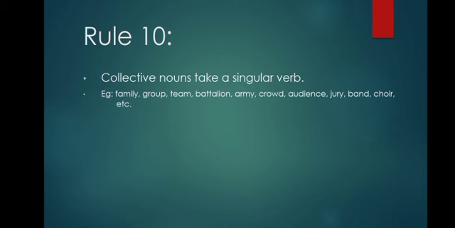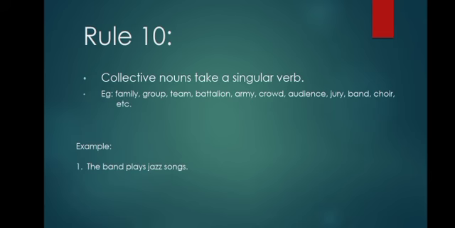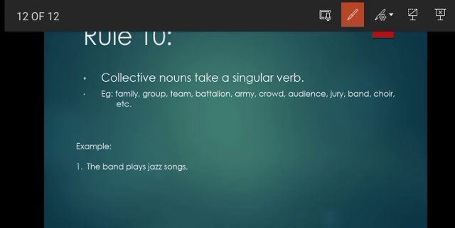Examples of it are family, group, team, battalion, army, crowd, audience, jury, band, choir, and etc. Let's have an example. The band plays jazz songs. Here, the subject is the band, and